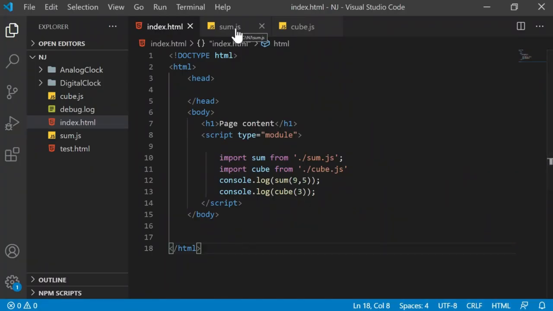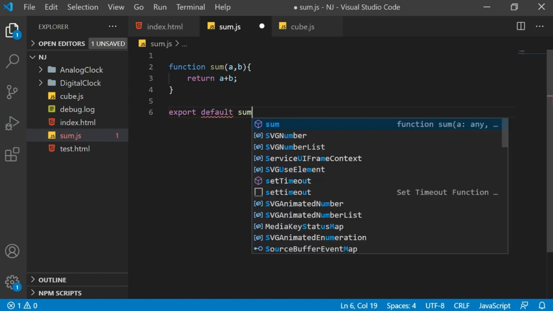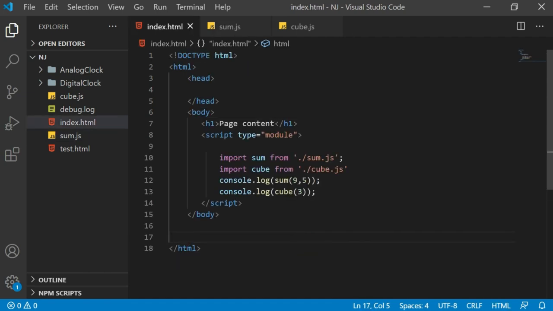There is also one more syntax where you can export the function. Let's say you have this function which you are writing just like this. Let's say you have the sum function. Now you want to export at a later stage, at the end of the file, that is. So you can write export default and sum. So you are exporting the module at the end. This is also a valid syntax.